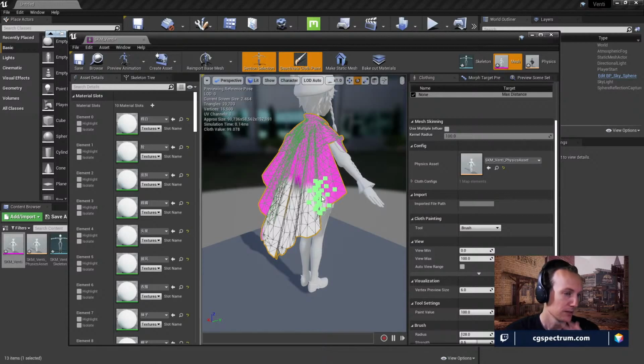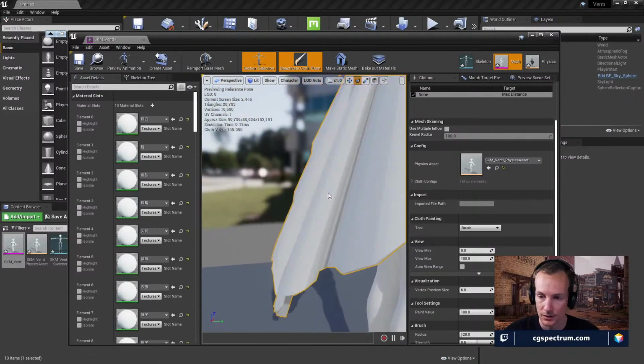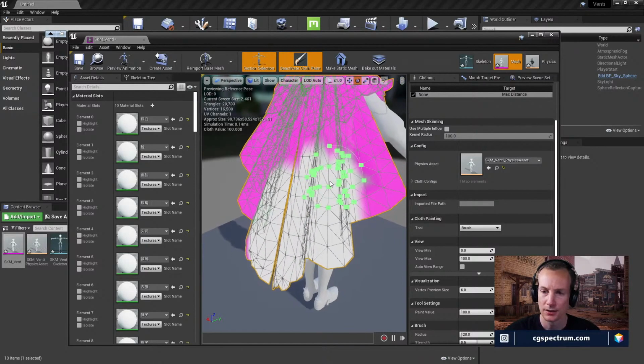The cloth painting and value. Okay, so I'm pretty sure. Oh, and then you can hit H. I don't know. It's looking pretty not clothy. Now I gotta go figure out how to...